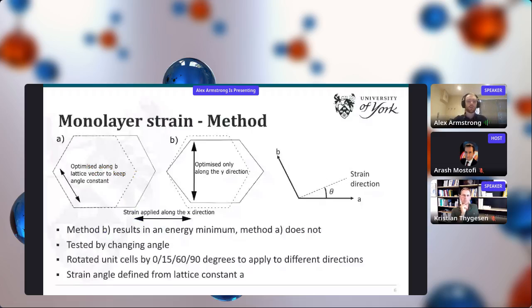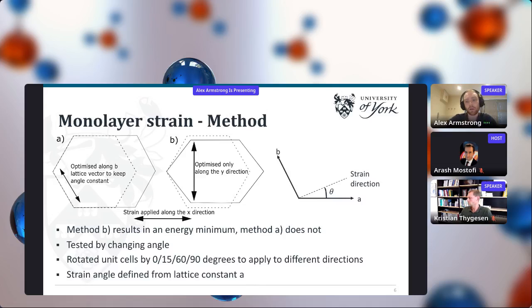So in terms of how we applied the strain to the system, we tried two different methods. This method A here was where we stretched the system along the X direction and fixed the dimensions along the X direction of the system, and then we optimized along the B lattice vector here to keep the angle between the A and B lattice vectors constant. We then tested this by changing the angle between the A and B lattice vectors here,